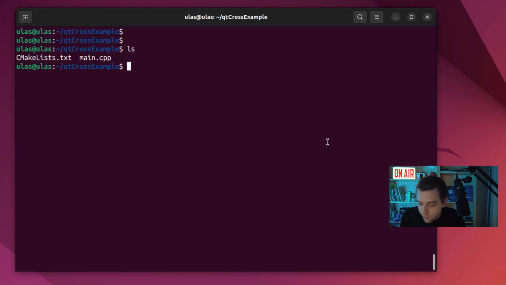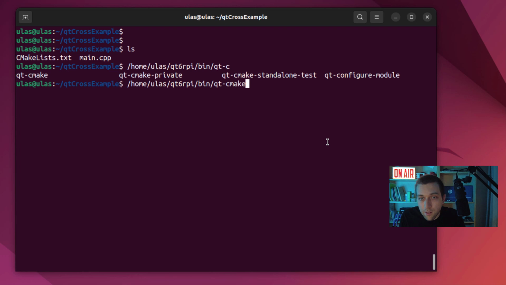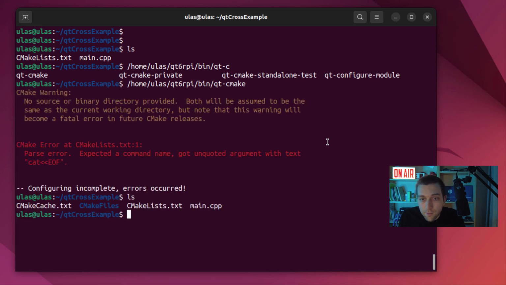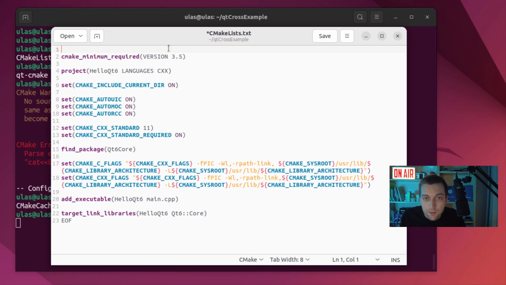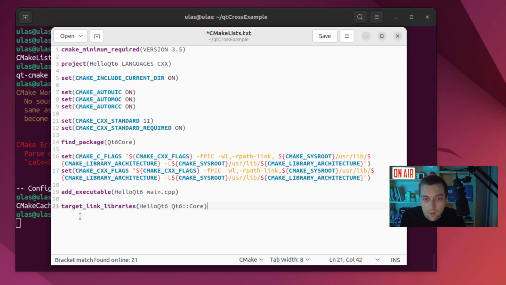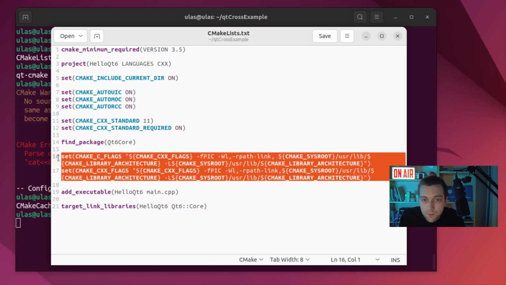Then using the same command, but in the Qt CMake script, but it's in a different directory. Qt6 RPI, go here, bin, qt-cmake, enter this. I forgot to remove this, sorry. Let me remove this. Yeah, I just copy this. That's my mistake again. So yeah, this is the same, but the difference here, as you see, we just give